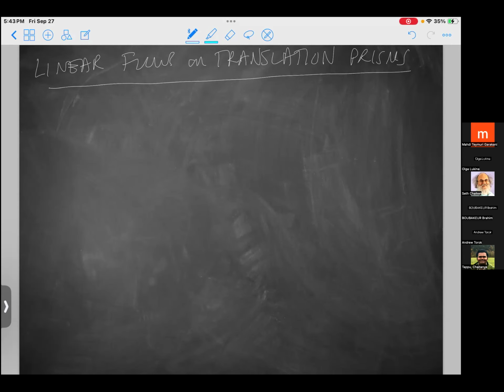beautiful, interesting new things. But let me just say what a linear flow in a translation prism is. If I have (X, omega), and don't worry if you don't know about this notation, this is just standard notation for a translation surface. We can just call it S if we like. For those who want to know, X is a Riemann surface, omega is a holomorphic one-form, but you can just think about